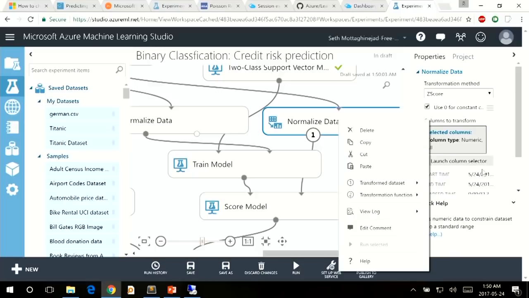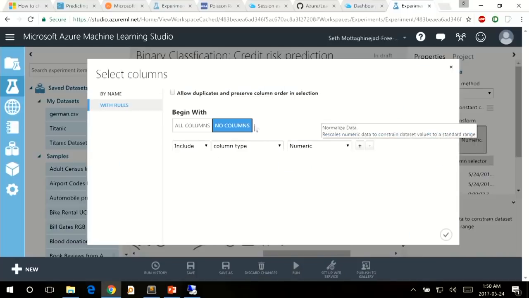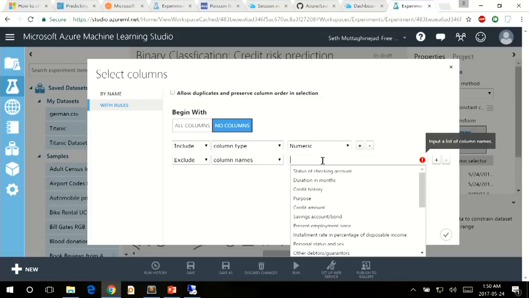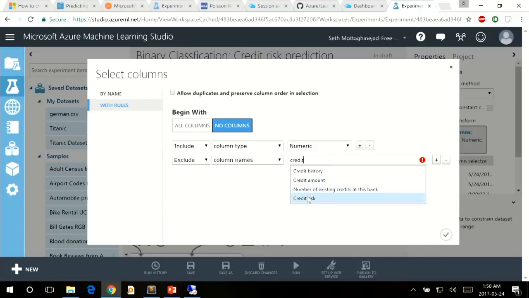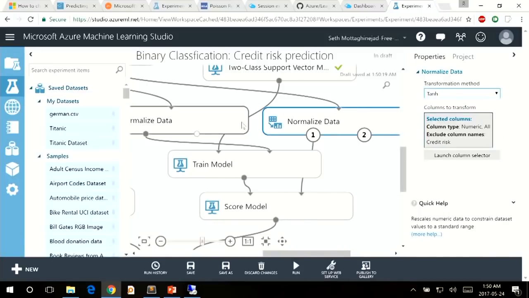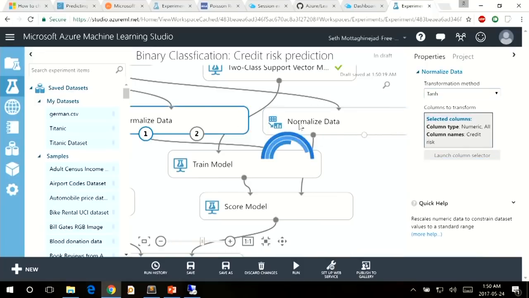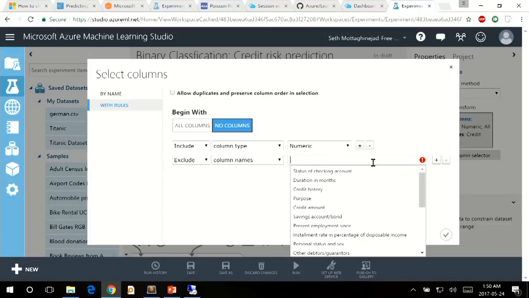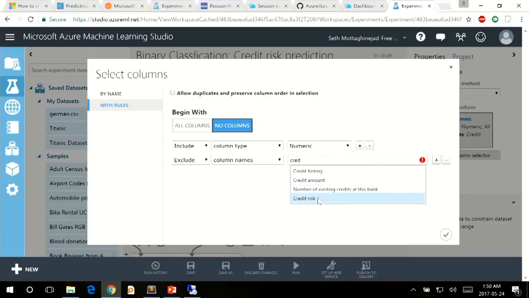Since we did it with the training data, we also have to do it with the test data. So let me do that real quick. So include, oh, I have to change that to exclude, right? So include all numeric columns, exclude the column called credit risk. Right? I think I forgot to choose exclude in the other one, and then change the transformation there. So I'm going to fix this real quick. There is an exclude credit risk,